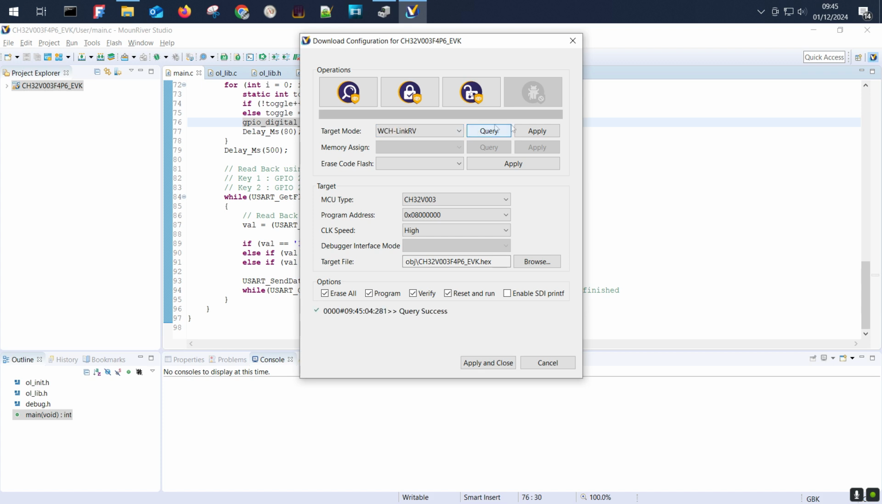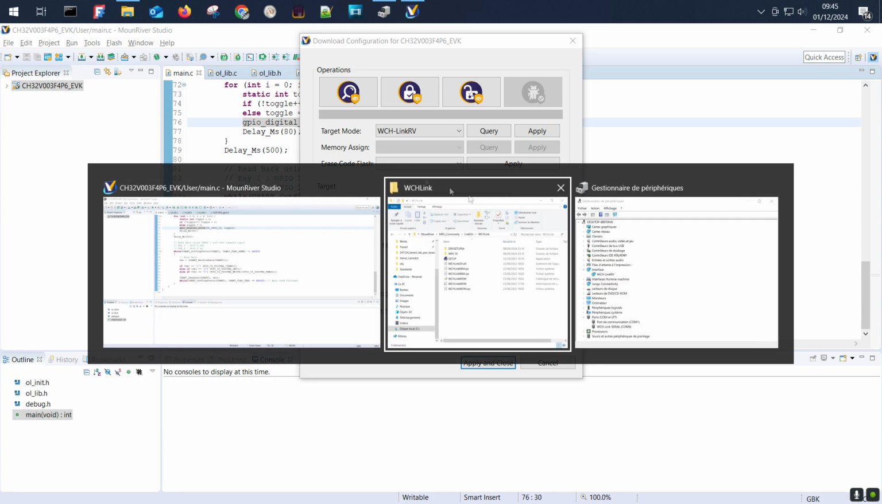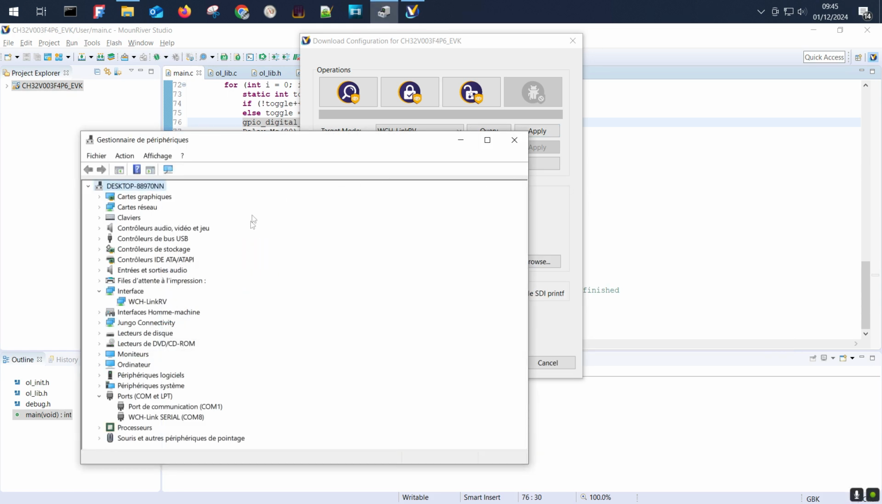I make a query, and we see that we can change from RISC-V to ARM with the DAP link. We want to go to ARM. We select here and we apply. To make this work, we have to install the drivers. So when we install MounRiverStudio, and then we plug the LinkE, it should go as a